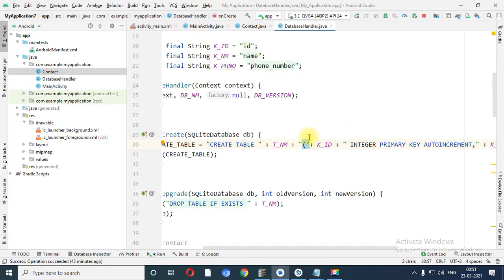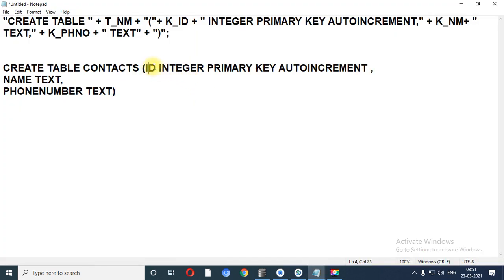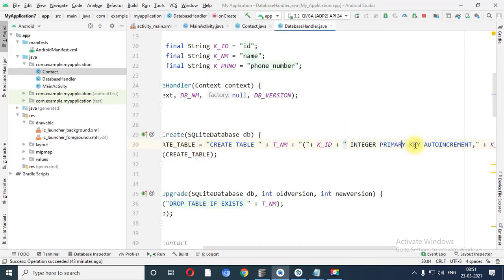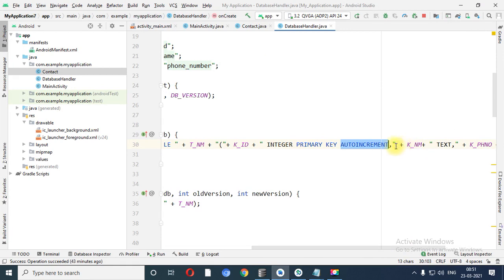So after table there is a concatenation of bracket, then key ID, inside key ID, ID is there, again there is a space between ID and integer, then primary key, auto increment, these are the keywords which we have used, then comma, then over here this string is completed.